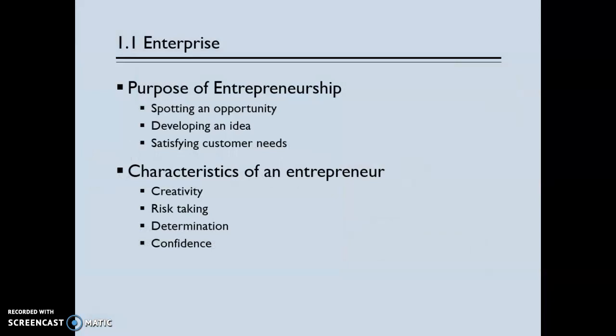So, first topic covers entrepreneurship. With most of these presentations, as we work our way through, you'll see a number of bullet points. Those bullet points usually represent the syllabus, where it details the number of ideas, concepts, etc., that you need to know. So, for the purpose of entrepreneurship, there are three purposes: spotting an opportunity, developing an idea, and satisfying customer